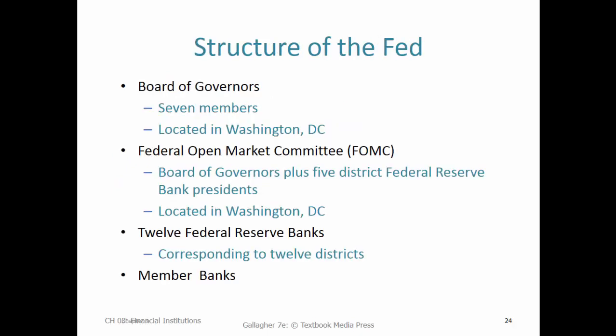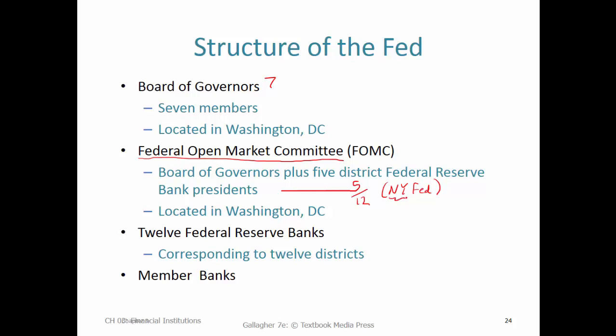I'll just briefly address the structure of the Fed. It's kind of complex. There's a board of governors, 7 members in Washington, D.C., and then each of the 12 regional banks has its own president. The Federal Open Market Committee, which is the most important body when it comes to determining monetary policy, and that is the Fed's stance towards interest rates, whether it wants interest rates to be rising or falling. And there's a few other things in there, but interest rates would be the main tool of that, is determined by the 7 governors plus 5 of the 12 district Federal Reserve presidents, with the exception that the New York Fed president is always on the Open Market Committee.